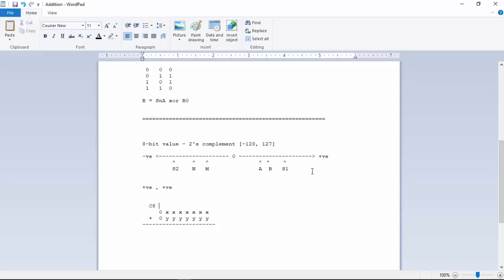Carry out of the 8th stage, and this is the carry out of the 7th stage, which is a result of this 7th bit addition, x and y addition, right? So this C7 can be 0 or 1. That means for this one we will always have 0, we know in this situation, right? This will always be 0, C8. Only C7,